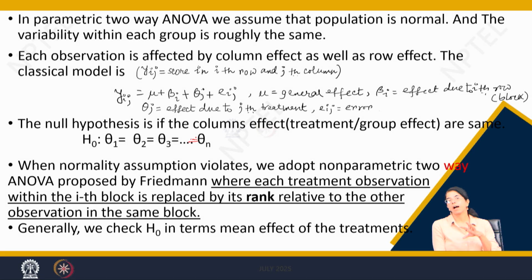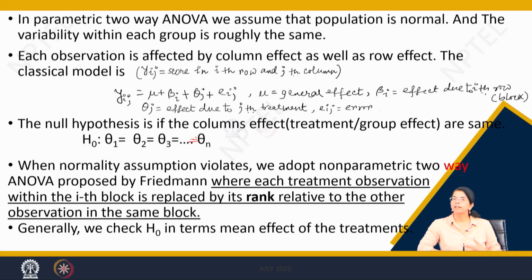Suppose you have checked, you know how to check whether a given data set follows a normal distribution, a Gaussian distribution. I have taught you the QQ plot as well as qqnorm using R. So, by using those tools, once you are sure that the data set you are dealing with, each of the blocks, is not following the normal distribution, that usual bell-shaped curve, then what can you do?